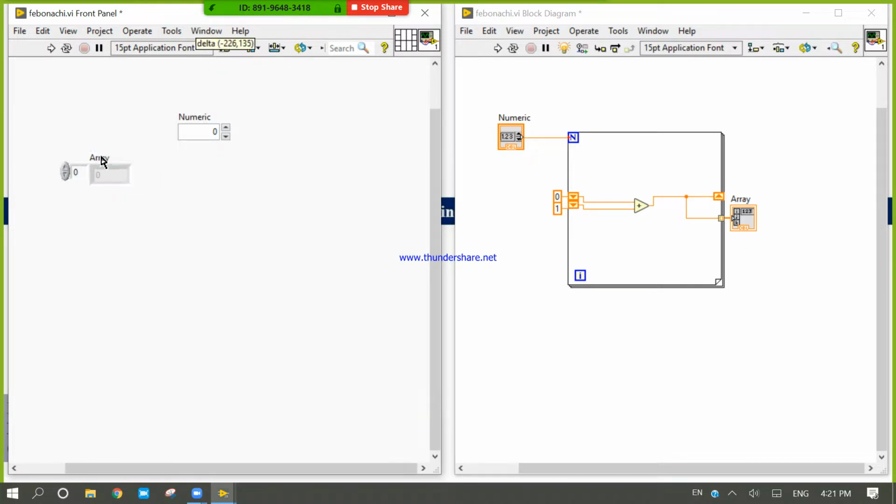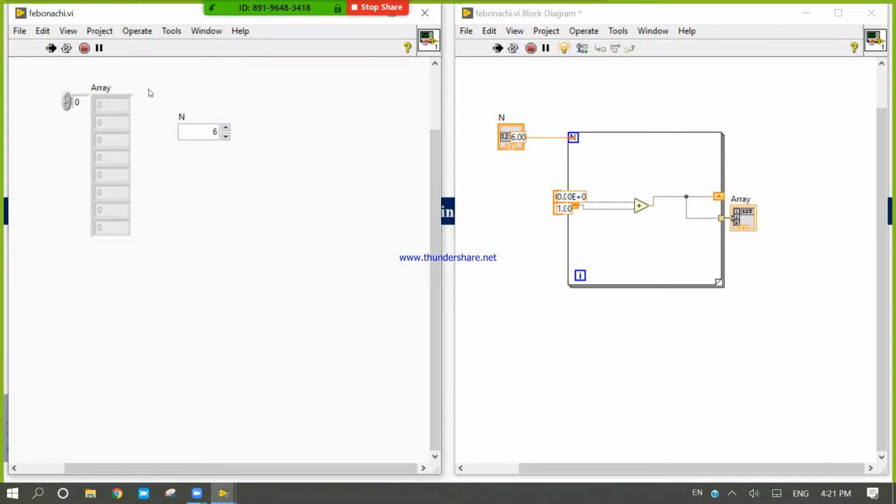This will generate the Fibonacci series for me for n times. Okay, this n. If I write n is equal to 5, 6, this will generate 5 Fibonacci terms for me.